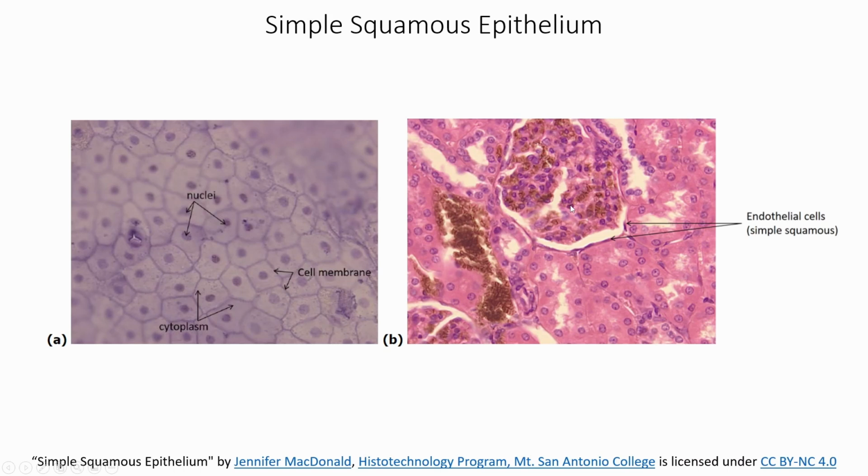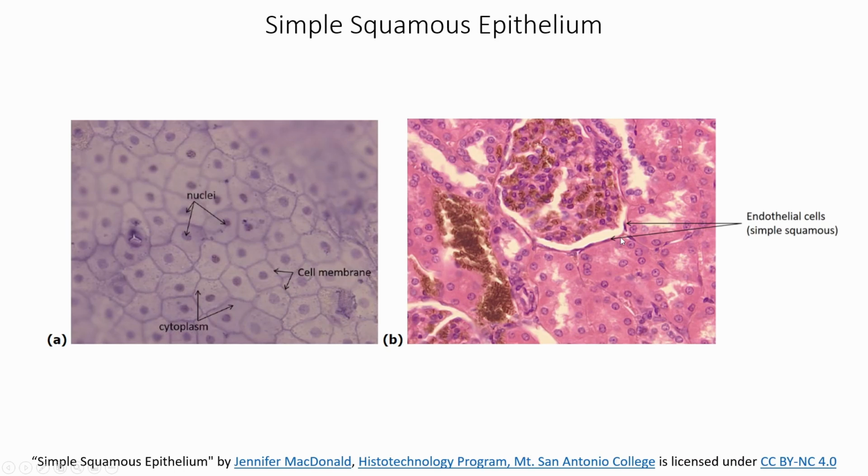If we look at the simple squamous cells in the picture on the right, we're looking at them from the side, and so we see a single flat cell next to another single flat cell, all in this line going all the way around here. That's our simple squamous. Keep in mind, and this is really important for all of the histology slides we look at, all of the histology stuff we do in class,